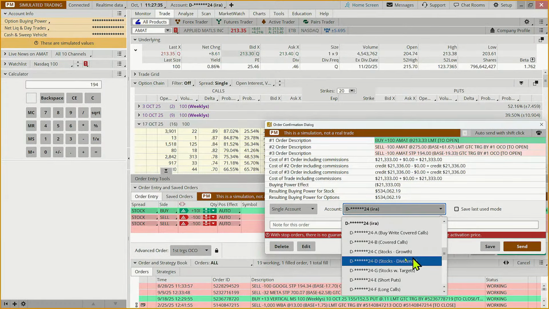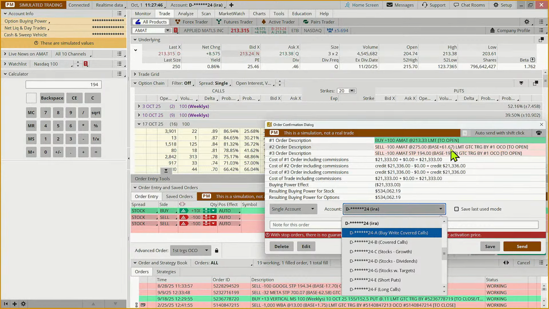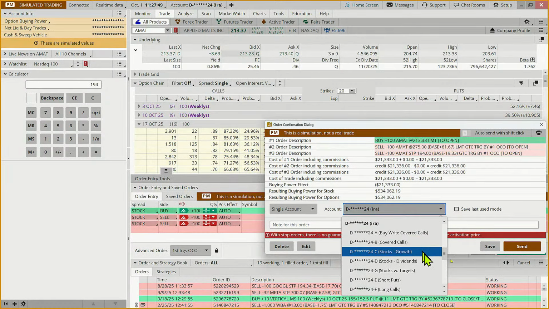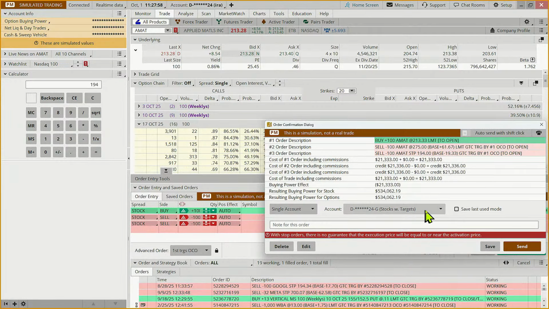And we're going to put this one in a different group. We're going to put this in our stocks with targets, because this one we have a target. So we're risking $19.33 a share for the opportunity to ultimately make 61.67. Now, we might not come down and hit our stop, but we might not hit our target either. This isn't a short-term swing trade, that's for sure. And this is based on the inverted head and shoulders breakout, and the range of the pattern determines the target.